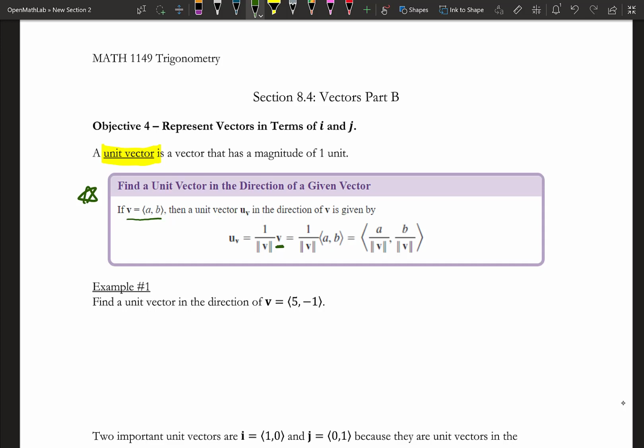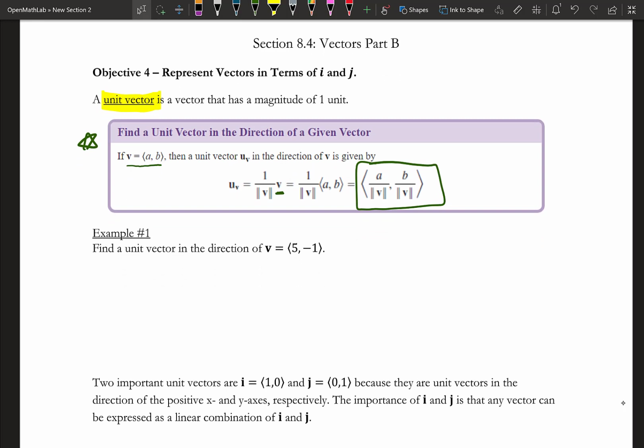So you can see here there's a couple of different formats that we can use in order to get that. Initially, you can see the last part here. What you can do is just take the a component divided by the length of v, then the b component divided by the length of v, and that will give you that vector that you're looking for. So to practice this, example 1, we want to find a unit vector in the direction of v equals 5, negative 1. The very first thing I would do is look for